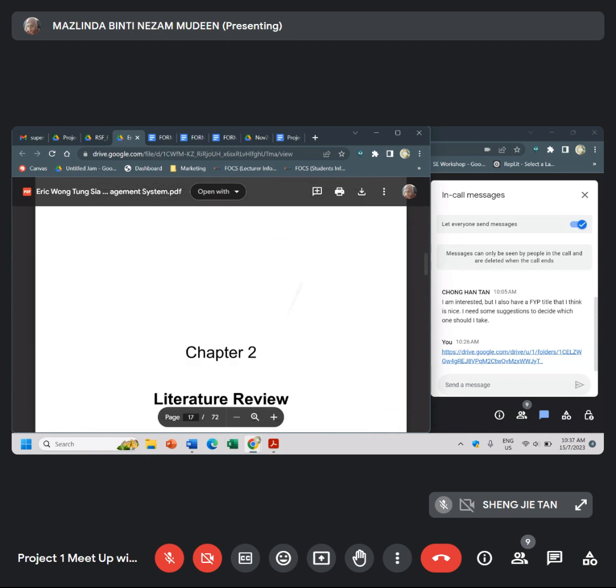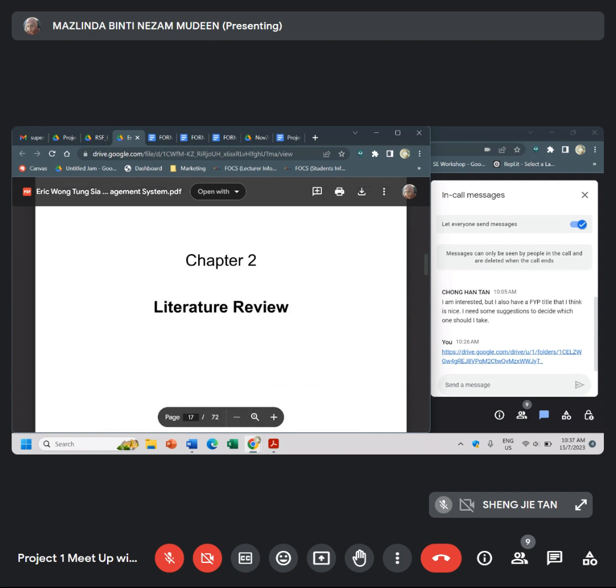Suppose when you prepare your chapter 1, you need to have the references, but this is a combined documentation, so the student already combined the references of chapters 1, 2, 3, 4 at the back. When you are working on an individual chapter, you need to follow with the reference list. Later, when you combine them as one documentation, you can bring out the references. If you want to leave them at the end of each chapter, that also can, no problem. That will be your chapter 1.